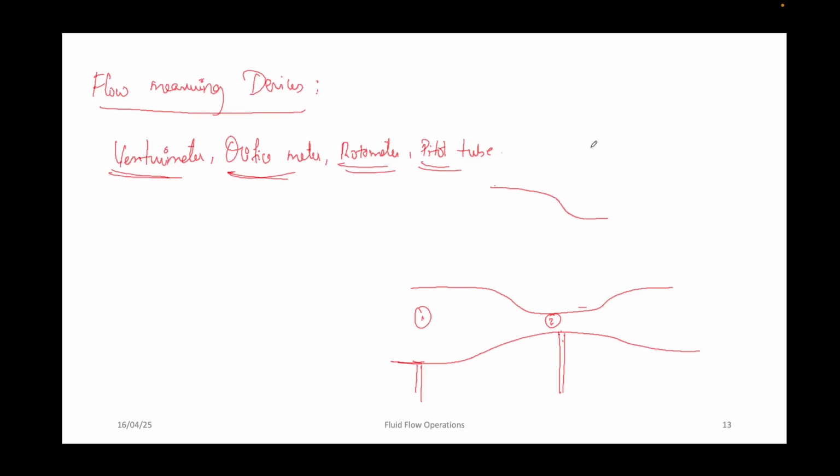Okay, this basically works on the principle of Bernoulli's equation. Okay, and same thing with orifice meter as well. It works on the Bernoulli's equation, and we also have other measuring devices which work on different principles. Apart from Bernoulli's equation, there are also other principles, and they'll be operating on those principles. Okay,